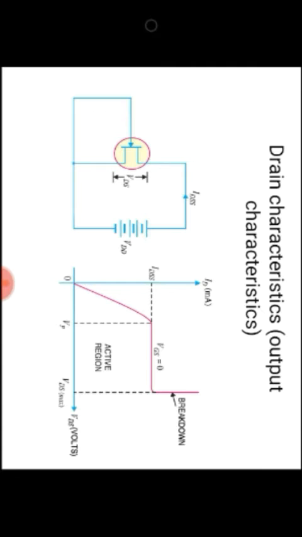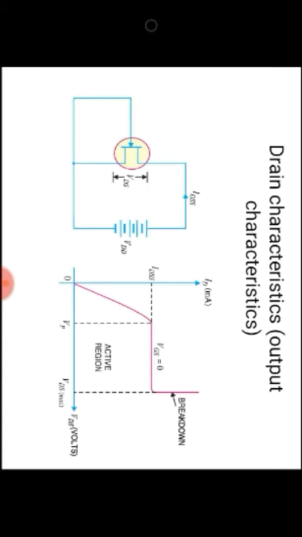When VDS is increased beyond Vp, the depletion layer expands at the top of the channel. The channel now acts as a current limiter and holds the drain current constant at IDSS. When the drain voltage equals the pinch off voltage Vp, the channel becomes narrow and the depletion layers almost touch each other. So the channel acts as a current limiter and holds the drain current at a constant value of IDSS.